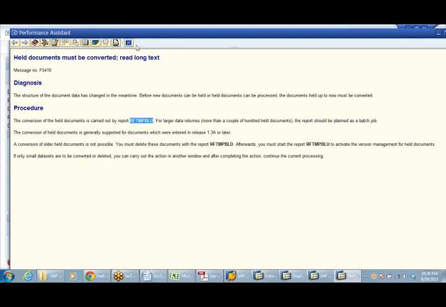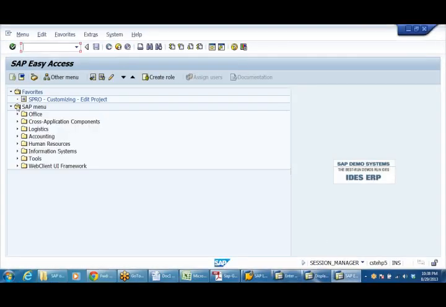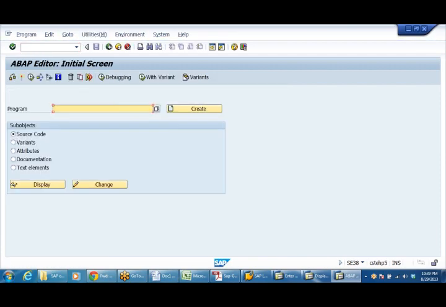Copy, go to SE38. In fact, this is a small ABAP program. SE38. RFTMPBLU is the program name.